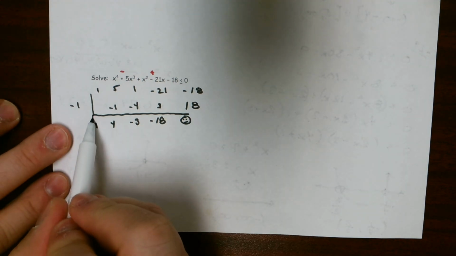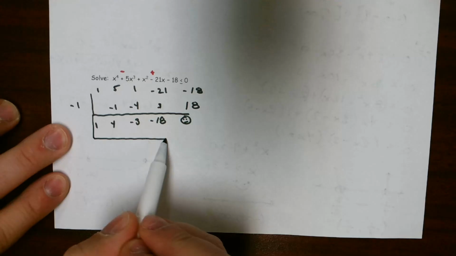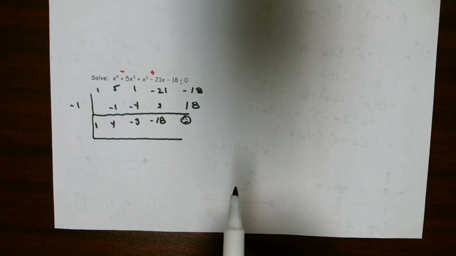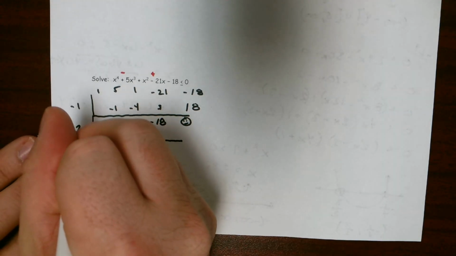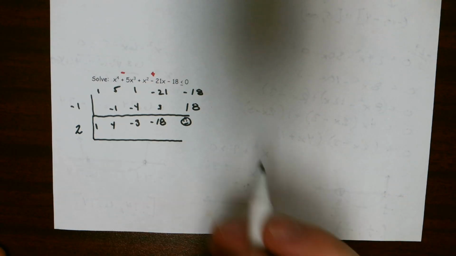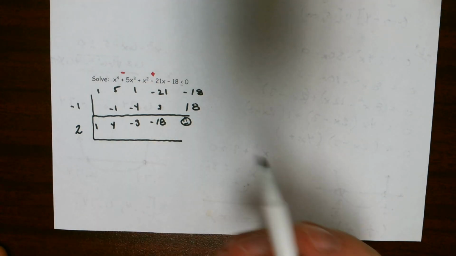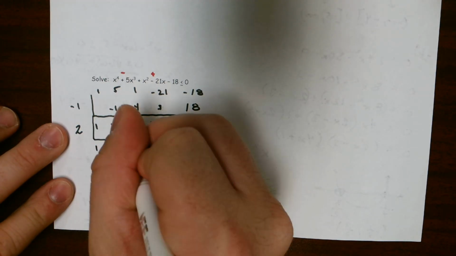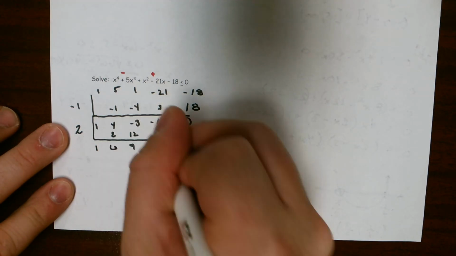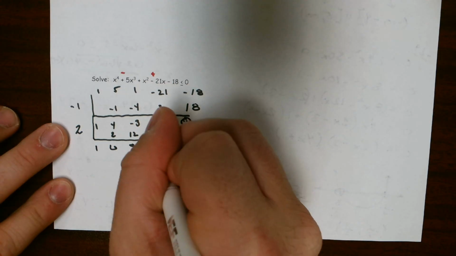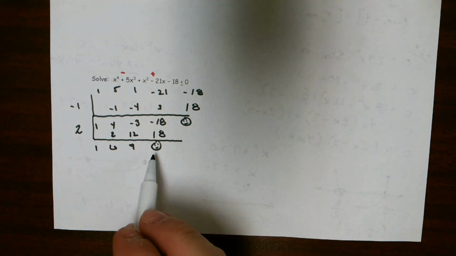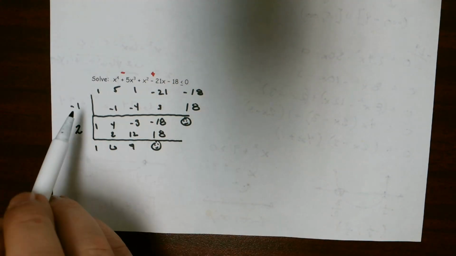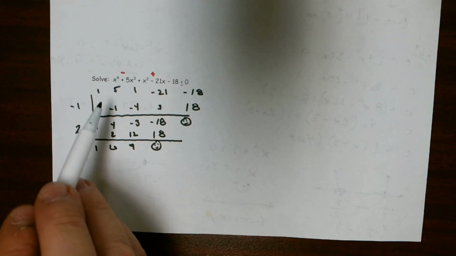Okay, so after some trial and error, I've decided that I'm going to go with 2. 2 is a factor of 18, 2 over 1. So let's try it out. So 2, 6, 12, 9, 18, 0. Beautiful, another 0 remainder. So now I know I have 2 zeros, and I've broken this 4th degree polynomial down